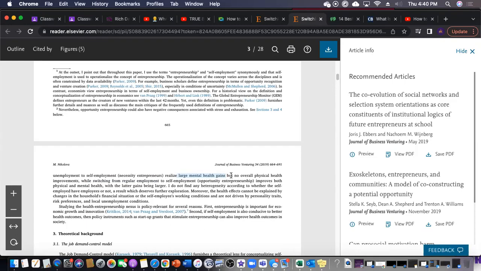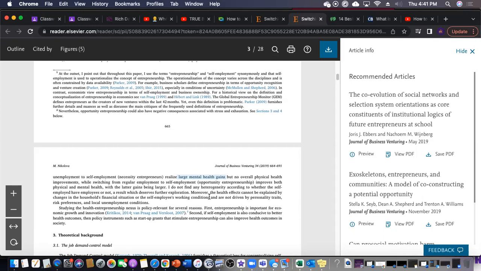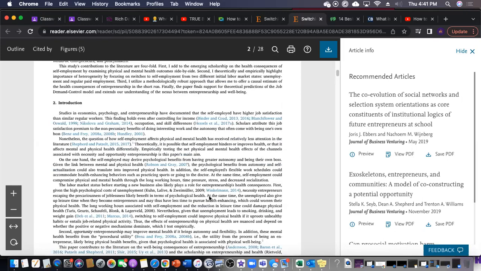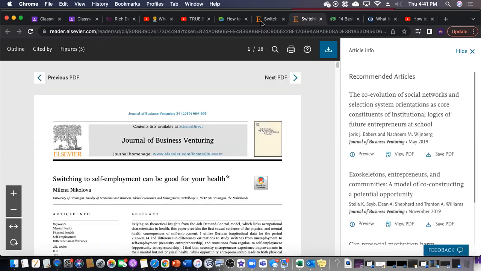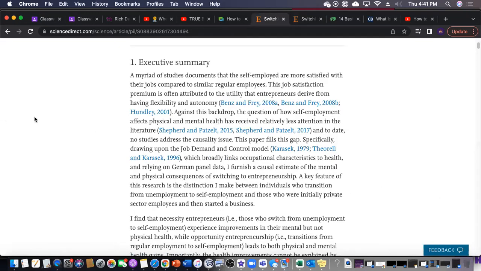Even your employee or your contractor may not be any good, so it's just you working by yourself. Therefore you have less stress, less cortisol, which is the stress hormone being created. Therefore it helps your mental health. And when you help your mental health, of course your physical health and your emotions are going to follow, and eventually your finances. That's just one of the benefits. So you want to read that. We're not going to go in depth. That's the actual journal, so feel free to read it with the link I sent you.